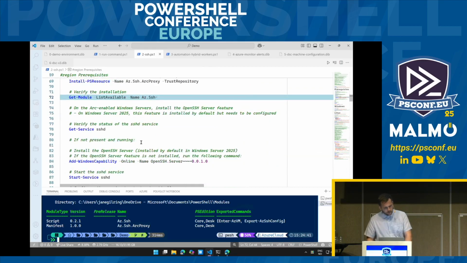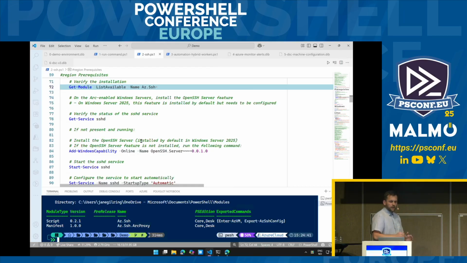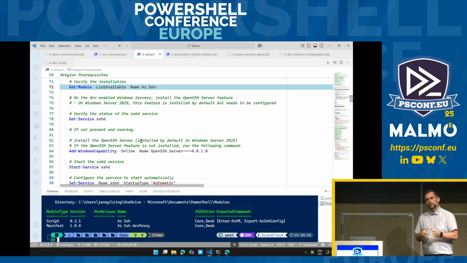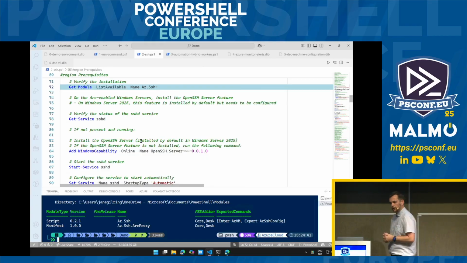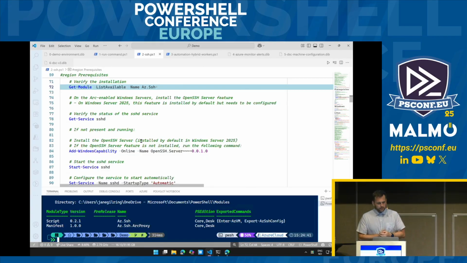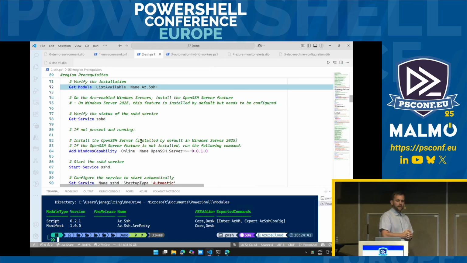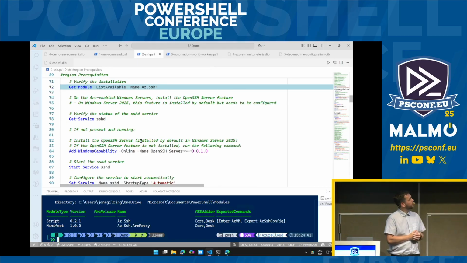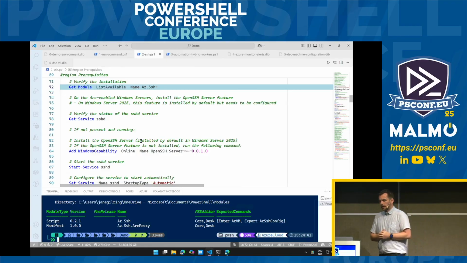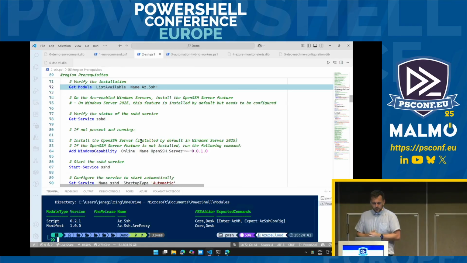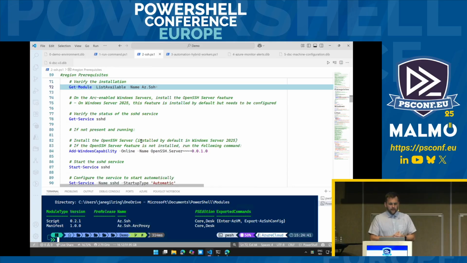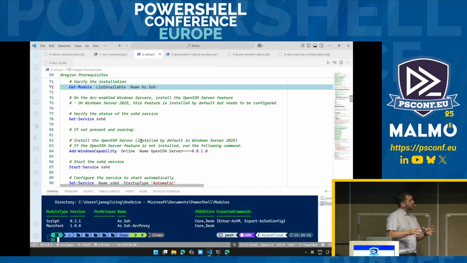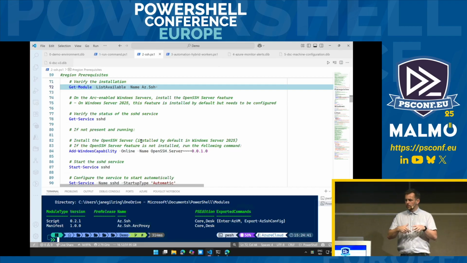You also have to make sure that SSH is enabled on the target device. So on the Linux side of the host, that is typically enabled by default, right? The agent is running and it's a core part of the operating system. So as was mentioned in the session earlier today, that is also kind of the direction that we are taking on Windows, so that SSH will be even tighter integrated, as we see in 2025, that the feature is already installed, but it's not enabled for remote access. So you have to explicitly enable